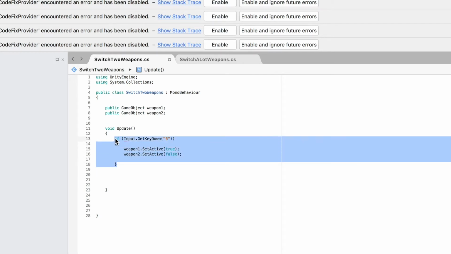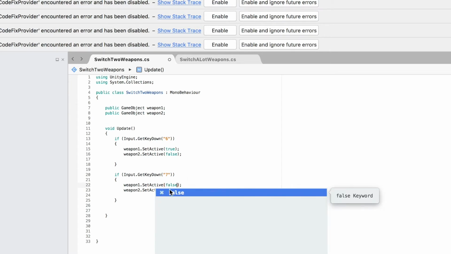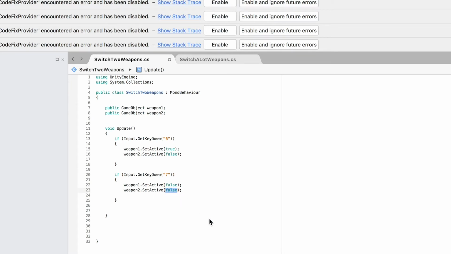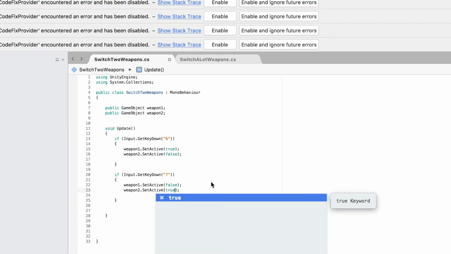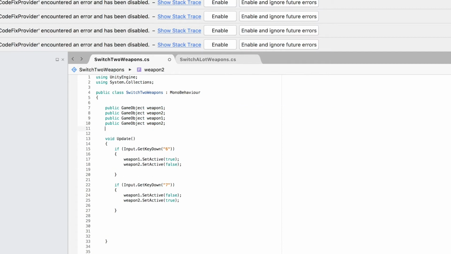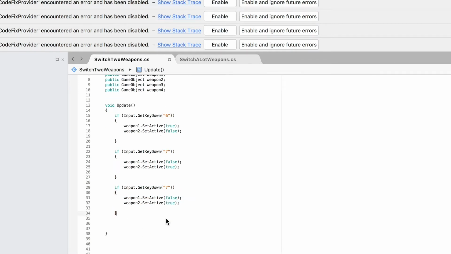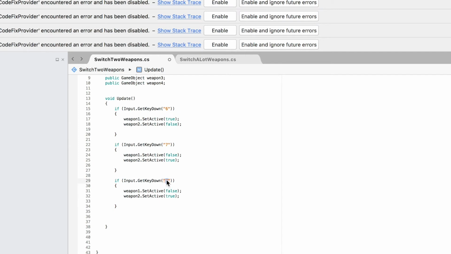And then we can just duplicate this function, and then we can say if you press 7, the first weapon will deactivate, and the second will be activated, right? And if you want more, you can just copy this line of code here. So let's see, if I give it a third weapon and a fourth weapon, here we can just duplicate this part. And you can see if you press down the 8,